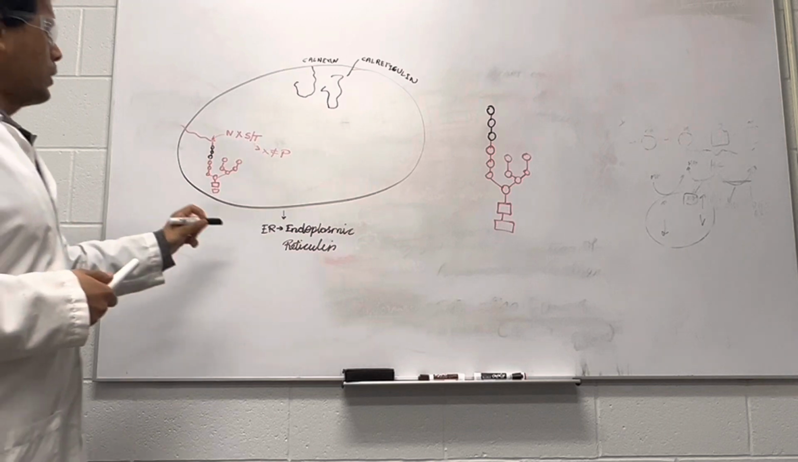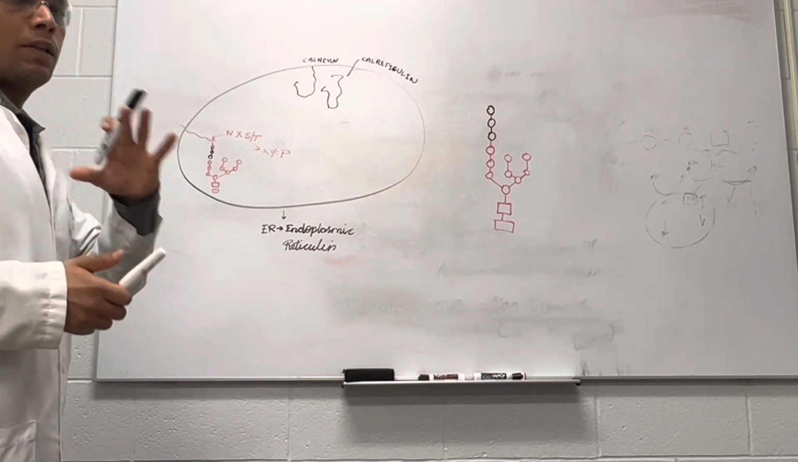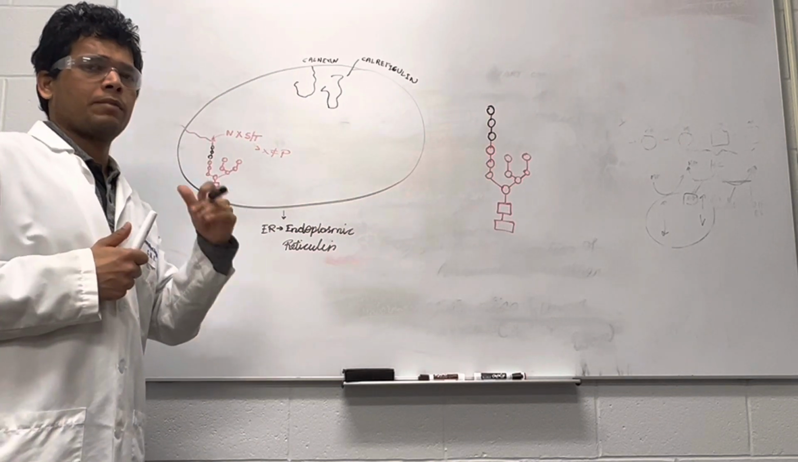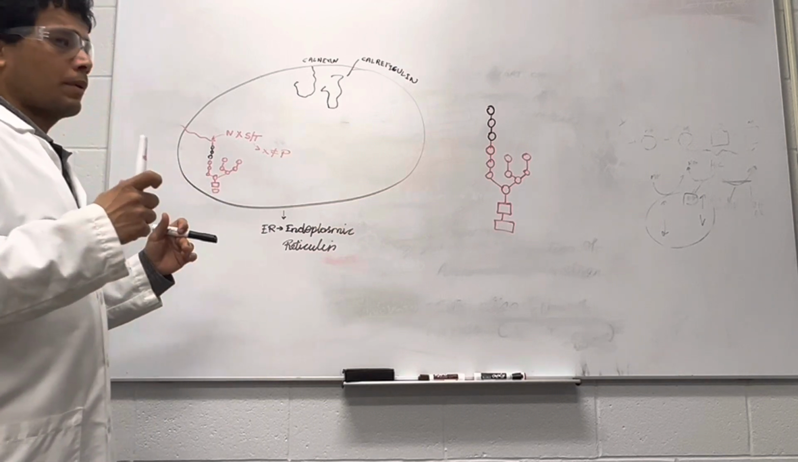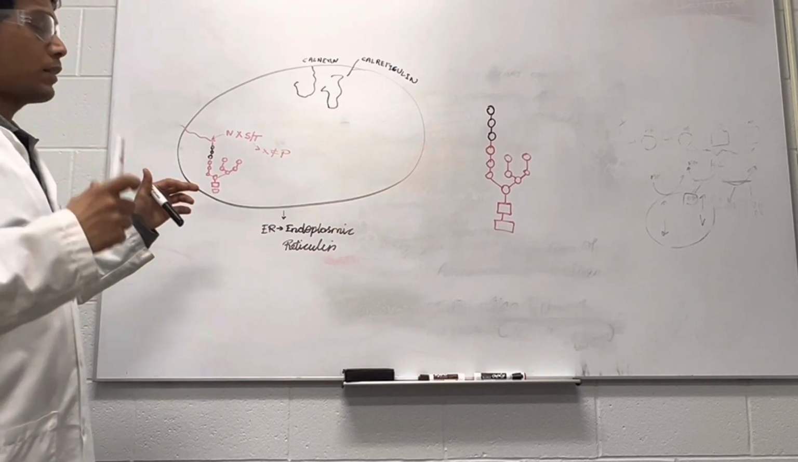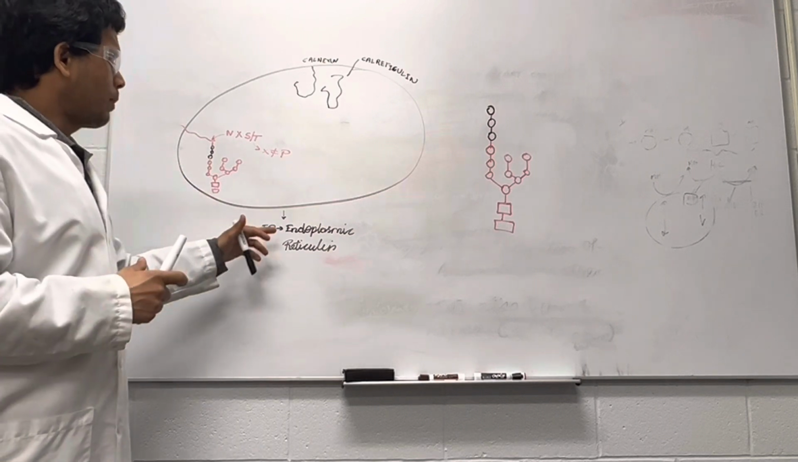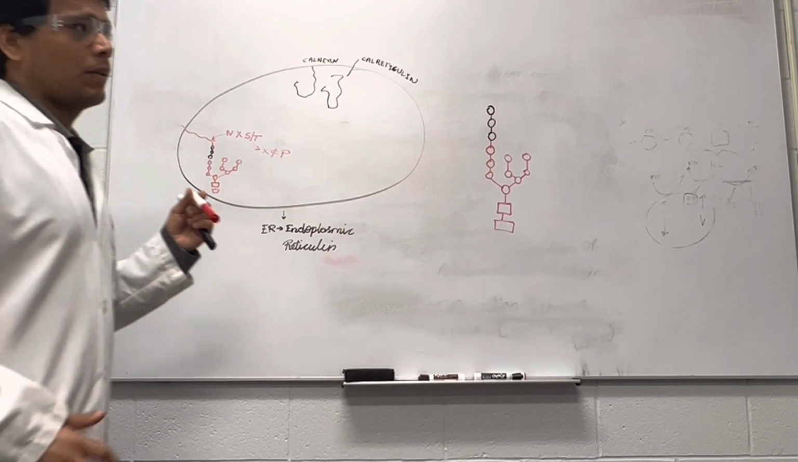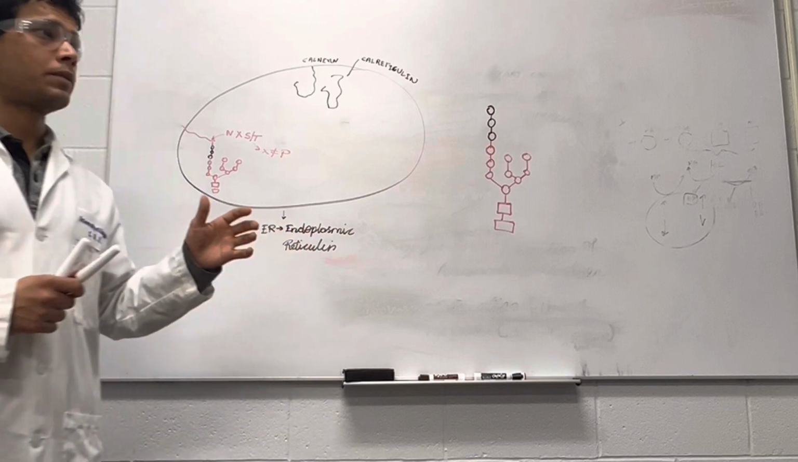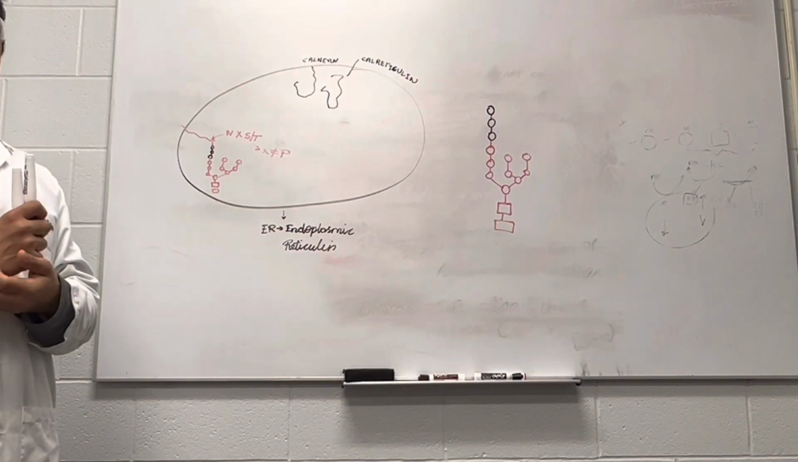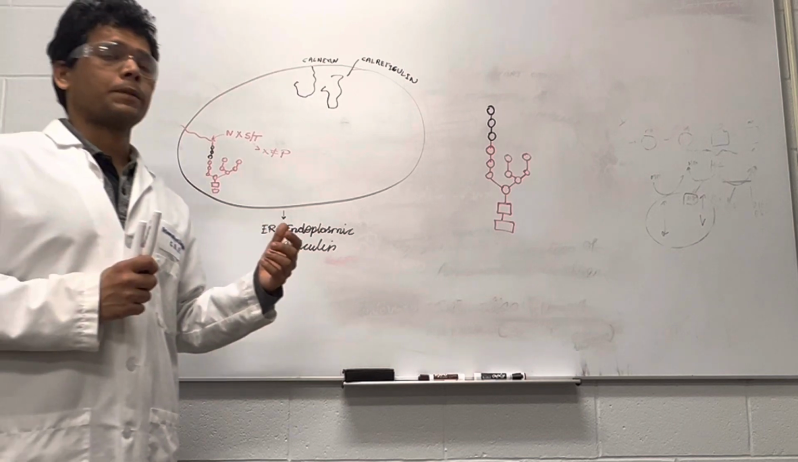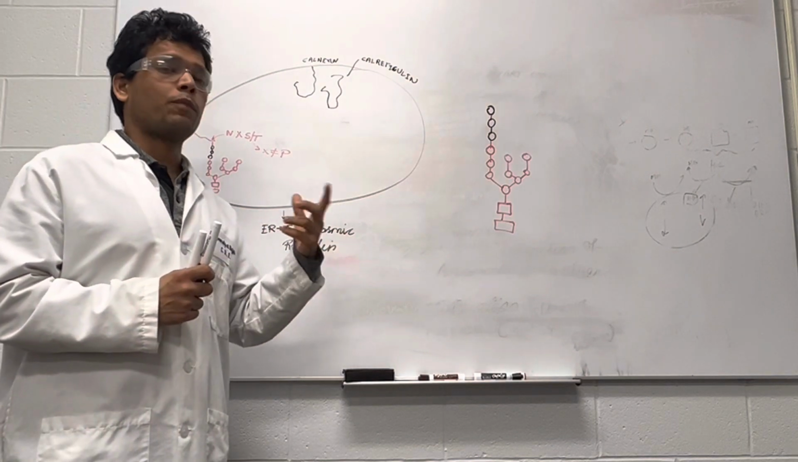So we will understand the quality control mechanism in the cell at the sub-organelle level. In the sub-organelle, that is the endoplasmic reticulum, there is a quality control mechanism that occurs at the time of post-translational